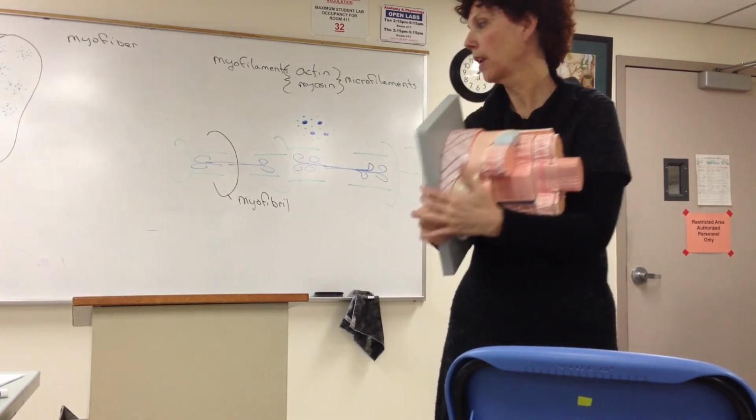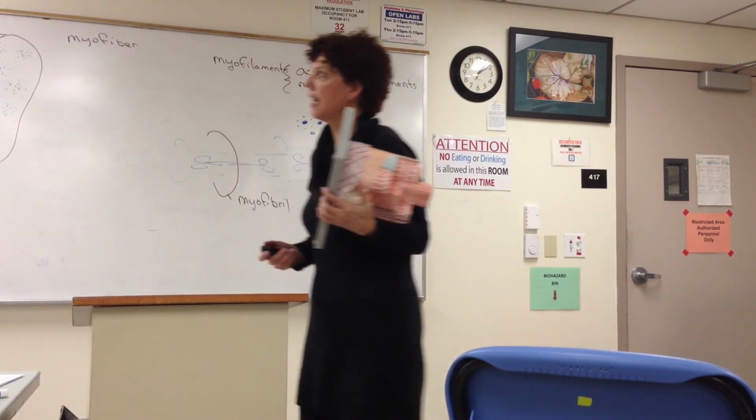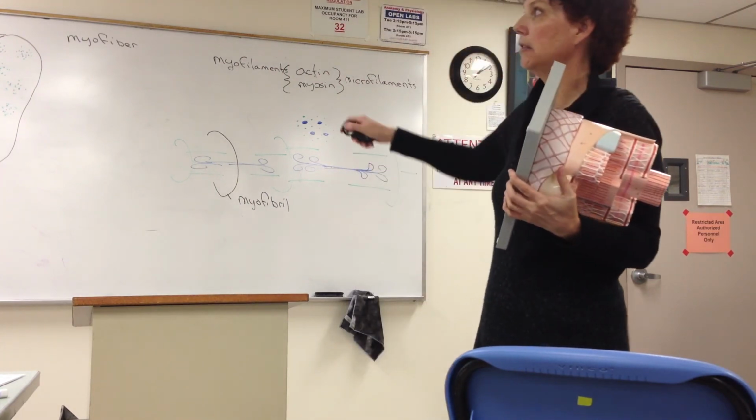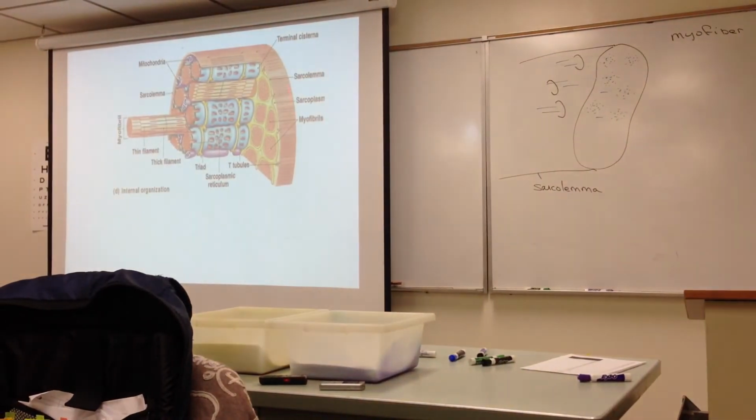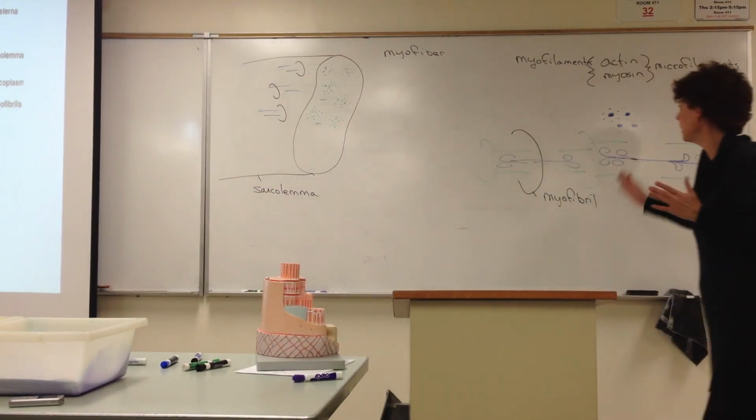All right? So if we look at this diagram here, it's very similar to this model. Here's the plasma membrane, the sarcolemma, and each of these is a myofibril. Here's the myosin, here's the actin. The pink is the actin, the blue is the myosin. Now, yes, there is a membrane wrapped around them, but they're not completely enclosed in it, and that's what I'm going to get to next. All right? So this structure of the myosin and the actin, we'll talk about it in more detail on Tuesday,